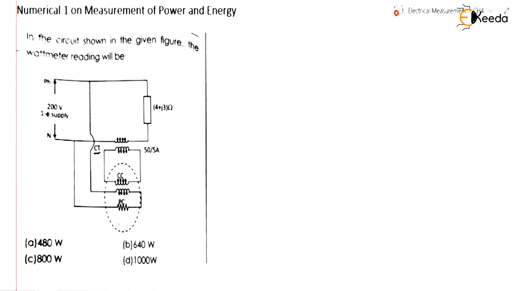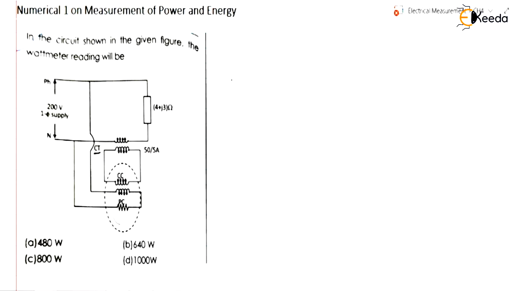Actually, CT is nothing but the current transformer. The CT is one type of instrument transformer and it is used to reduce the current level. Generally, at the substations in electrical engineering, the value of the current is very high, and that much high current we cannot measure directly using a single meter. So if we reduce it by using the CT, then the reduced value of current we can definitely measure with the help of a single meter. So here we are having the CT, right?